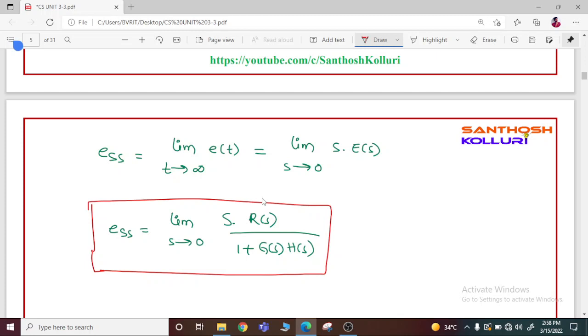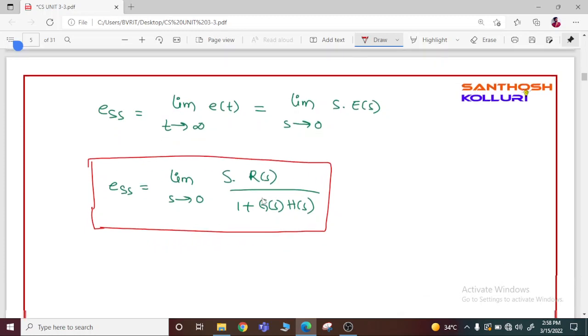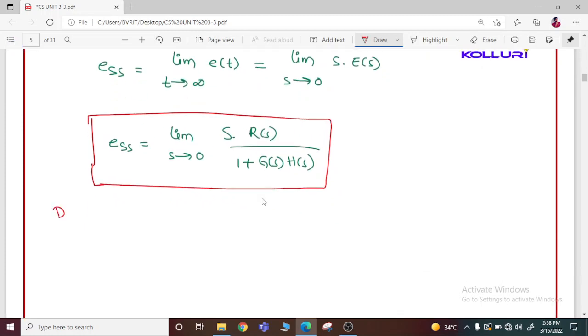in time domain analysis. So we have a few static error constants here, depending upon the type number of the system and the input signal which we are giving to the system. So there are a few error constants, likely to be